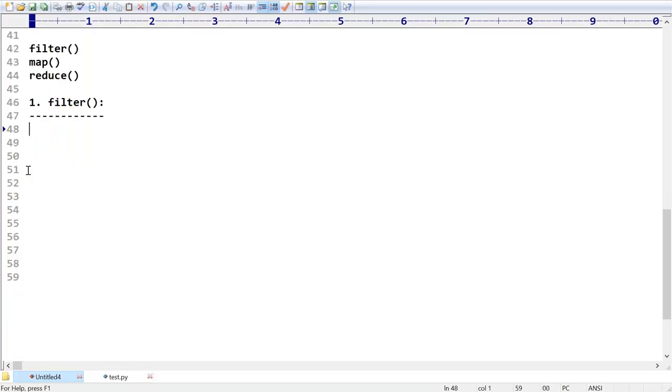Sir, filter, are you able to understand that? If any on-site opportunity is coming, as a project manager I have to select only 3 members. Then based on my requirement, based on strong technical knowledge, strong communication knowledge, and open-minded, transparent people, definitely I'm going to select. So based on your requirement, if you want to filter from a group of objects, then we should go for the filter method. Filtering, clear?